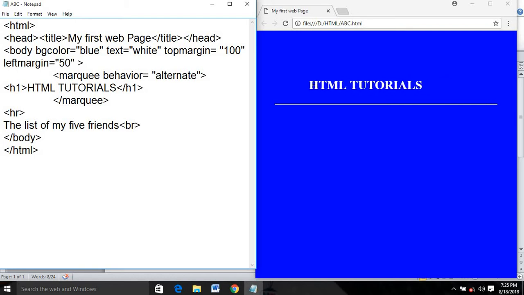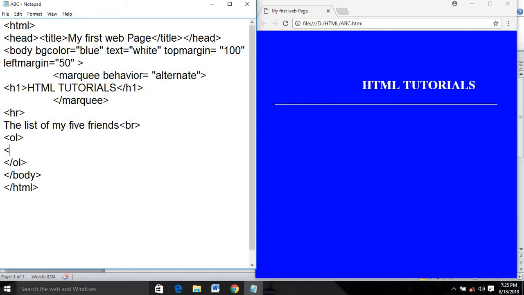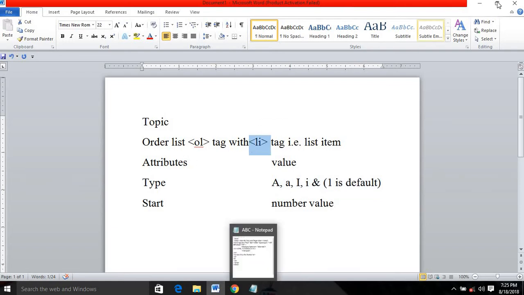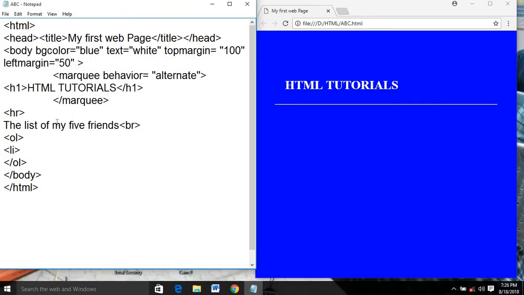BR. What is this BR? Break rule. The next is OL. Enter /OL. We will close it first. Let's see. OL li. As I have told you over here, this li tag is used within the OL tag. So OL, ordered list, li